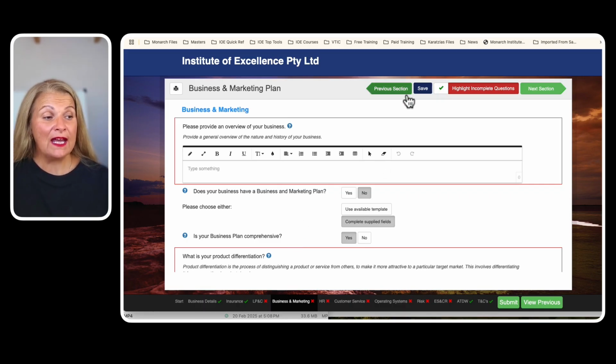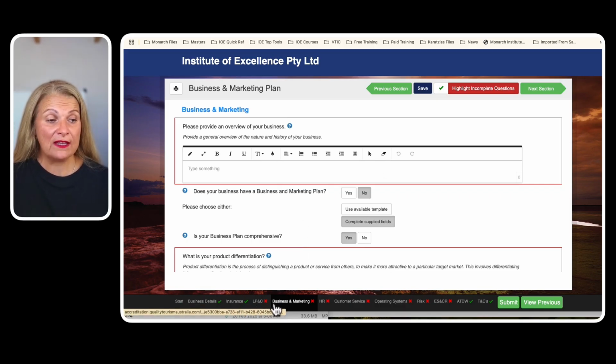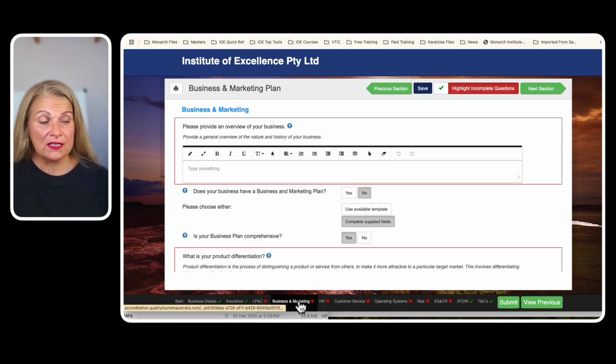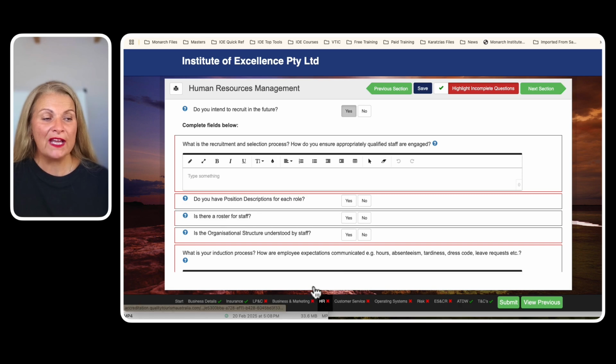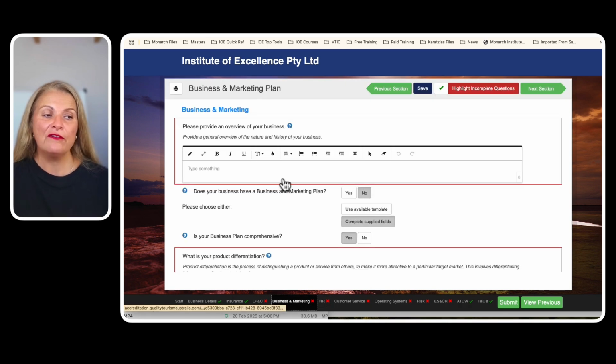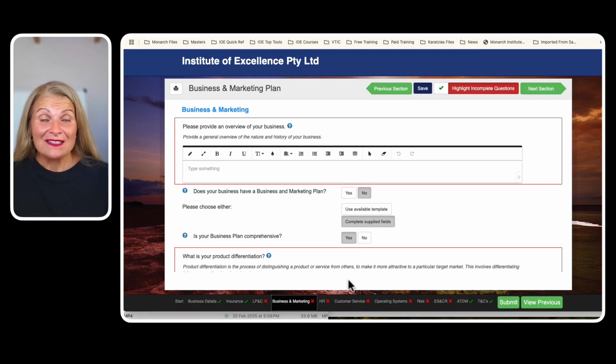You could come in here and section by section, you'll see down the bottom, green tick, green tick. Now we're going into business and marketing. I can go to the next section, so I'm going to HR, but because I have not completed it, that's how I know. It will automatically translate into a green tick when it's done. So that's really the simplicity of going through the Quality Tourism Framework portal,